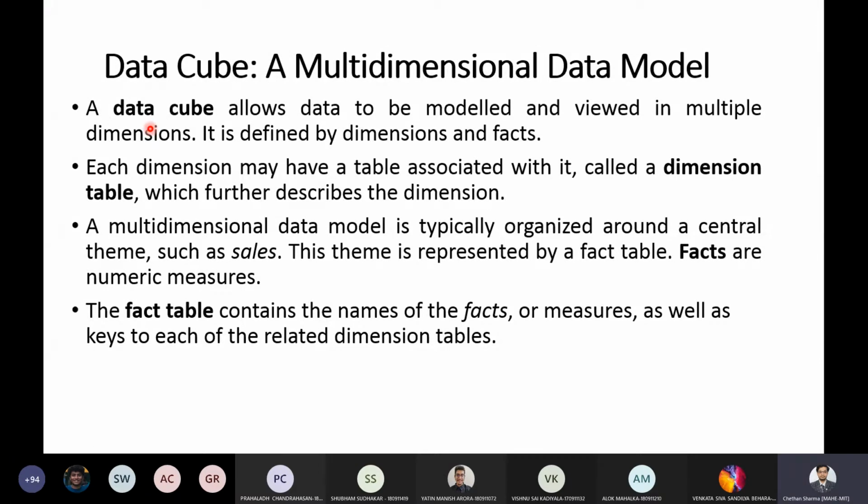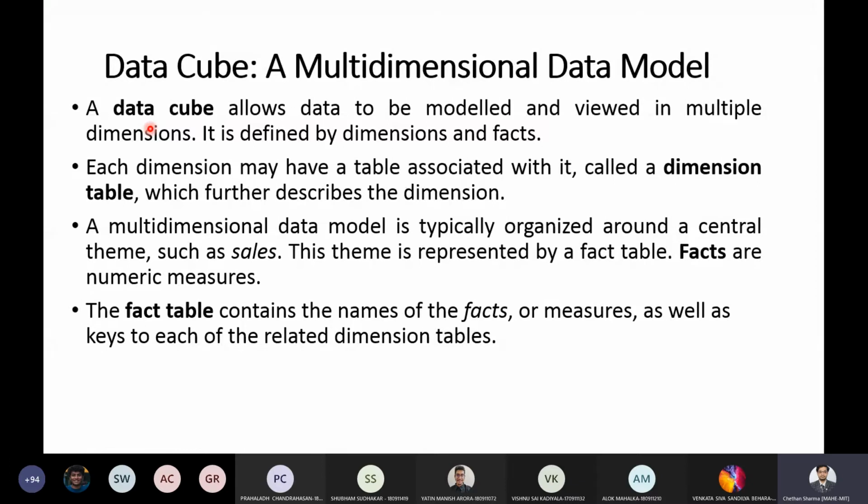If the area of interest is sales, the dimensions with respect to sales might be time, item, branch and location. These four might be the dimensions with respect to the sales database.